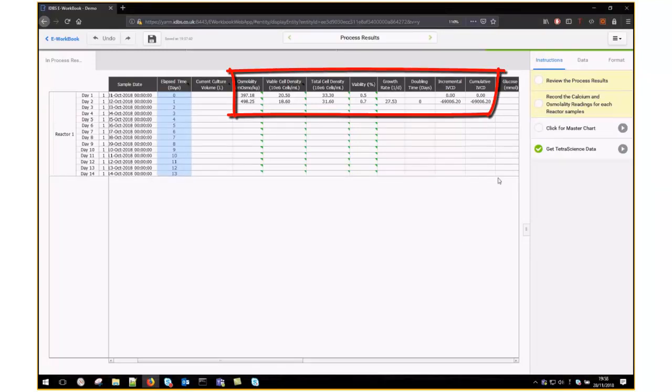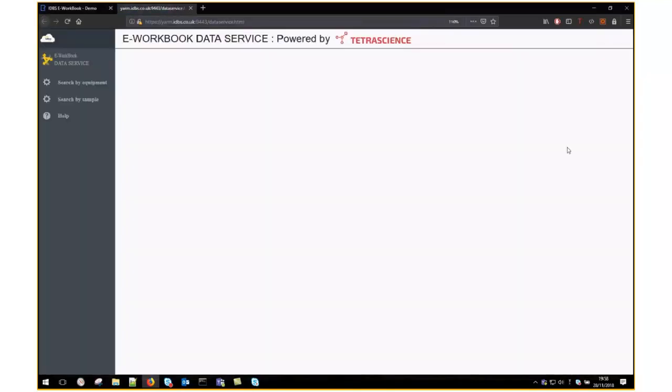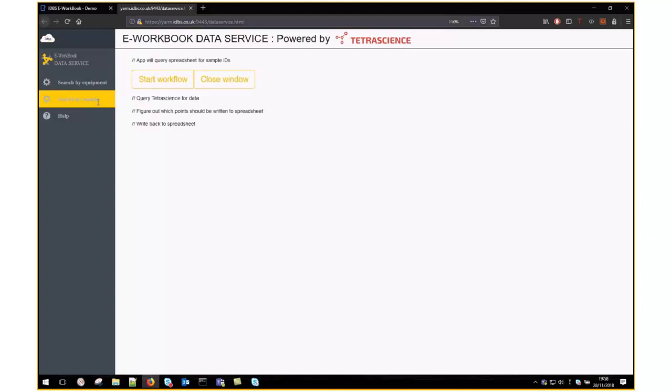The second supported use case is intended to make data retrieval as simple as possible for the user and represents a step on the road towards laboratory automation. In this scenario, we are using the sample IDs which are already present in the spreadsheet to drive the query on TetraScience. The only control for the user in this case is the Start button, and when this is clicked,